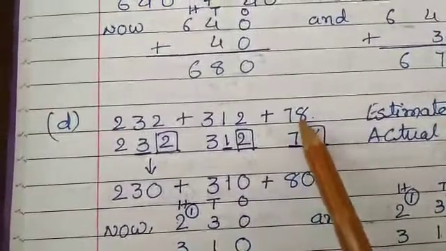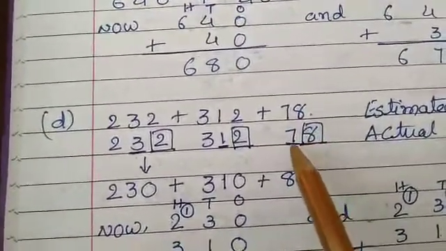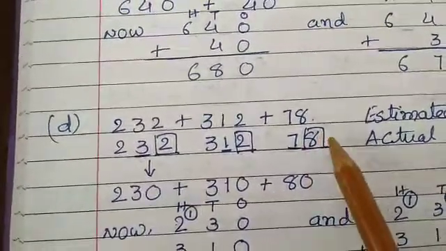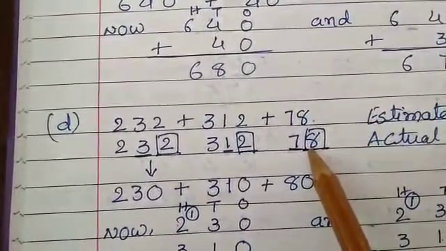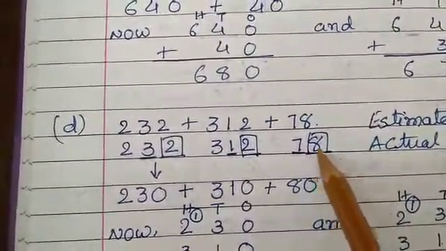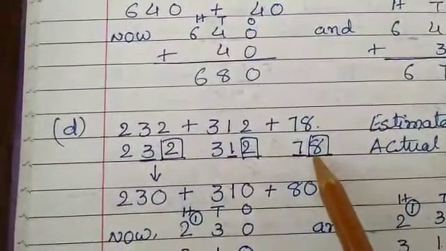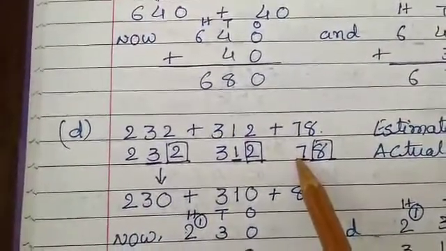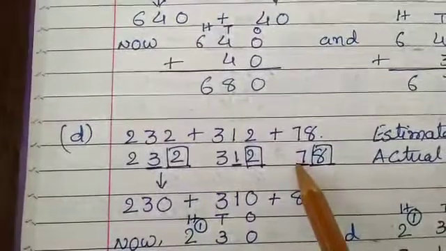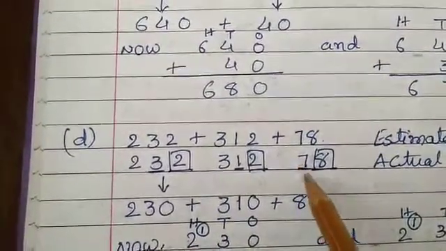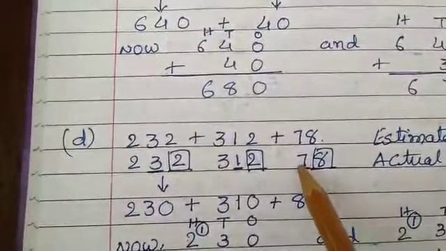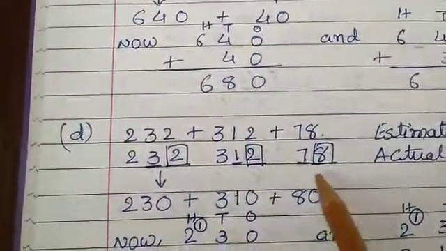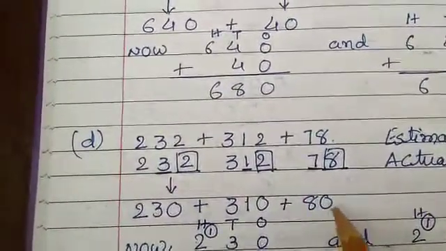Here number 78 is a 2-digit number. Here the digit in the tens place will be underlined. Observe the ones place. Here digit 8 is in the ones place, means it is bigger than 5. That's why, as per the rule of rounding off numbers, the digit in the tens place will increase by 1, means we will add 1 to the number 7, and 7 plus 1 becomes 8. So in place of 7 we will write 8 in the tens place and the ones place digit will become 0. So our rounded off number is 80.